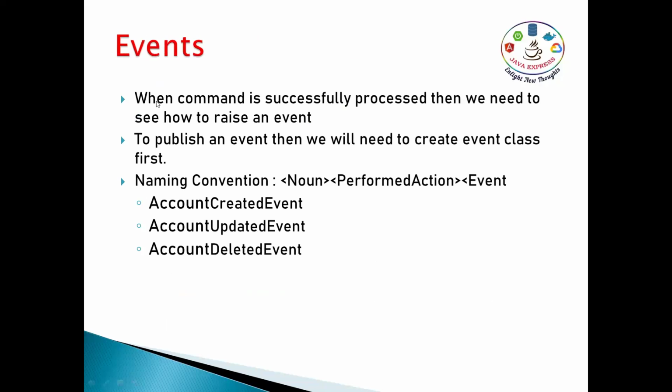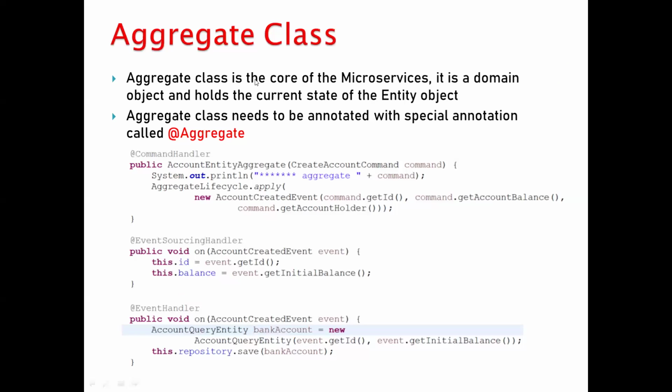We understood the event definition in a previous session. We'll follow some naming convention in the events as well: the noun, then the action that we perform, and the suffix Event. So AccountCreatedEvent, AccountUpdatedEvent, AccountDeletedEvent. The aggregate class is the core of our microservice. It's a domain object, and it holds the current state of the object. So we'll annotate that class also with the Aggregate